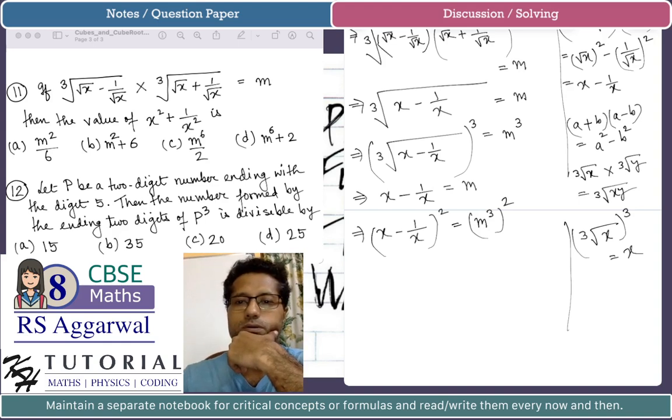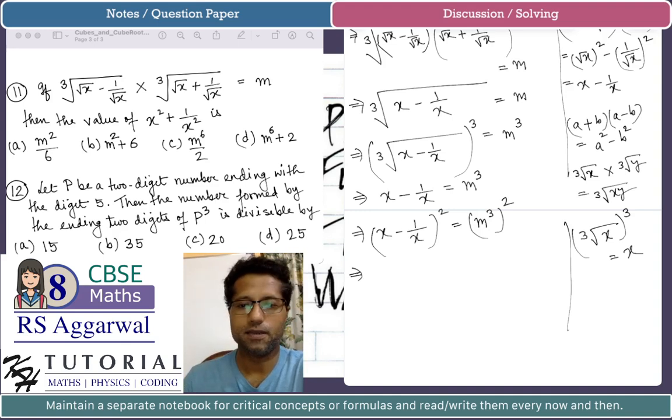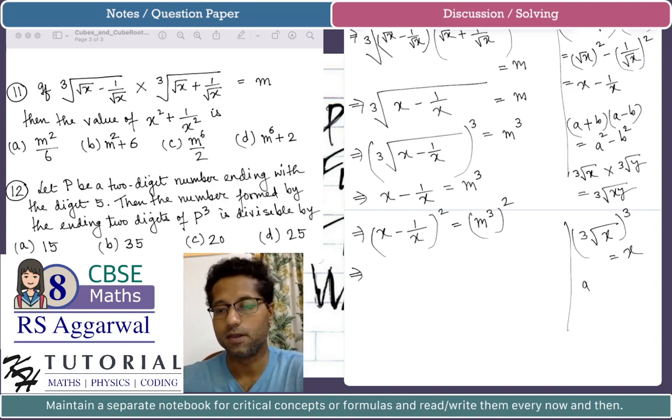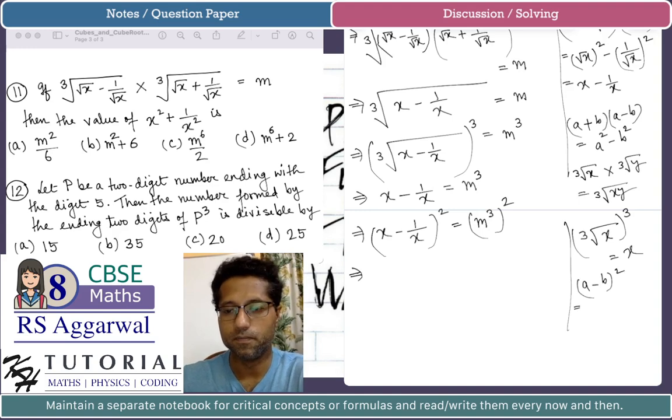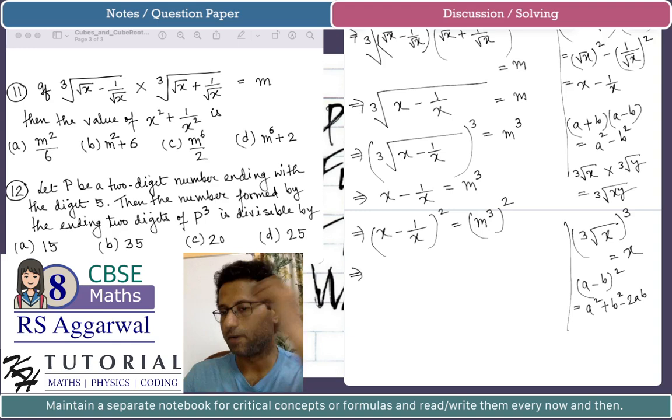This was cube. Okay. Now this implies, if I do the squaring of the left hand side, a minus b, you must be familiar with the formula a plus b whole square and a minus b whole square. So a minus b whole square is equal to a square plus b square minus twice ab. So applying this formula of a minus b whole square for x minus 1 by x whole square, we get